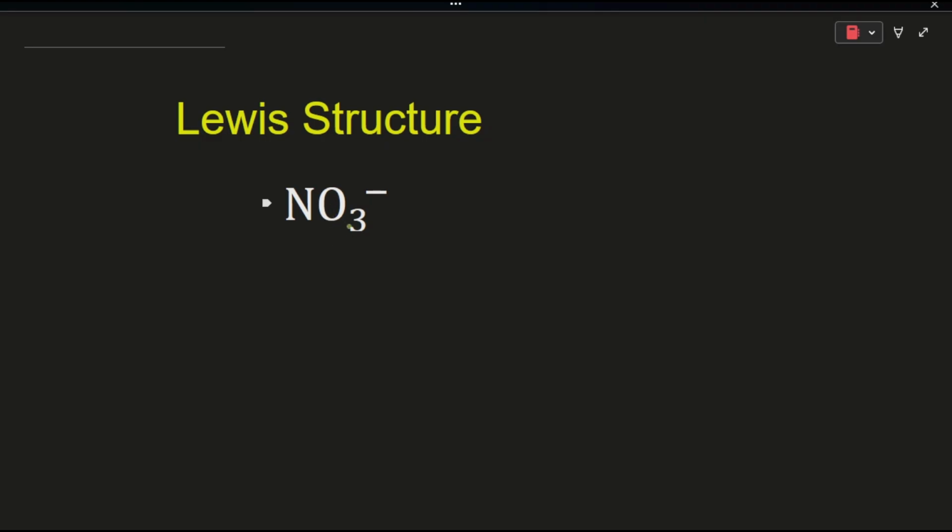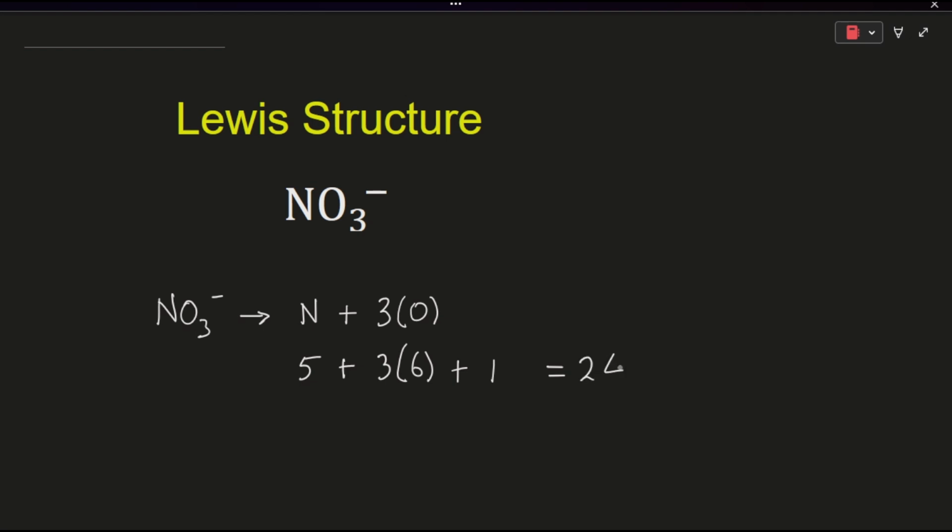But we need to take note of the fact that the nitrate ion carries an extra electron on it. Now, with the nitrate ion, we have 1 atom of nitrogen and 3 atoms of oxygen. So in determining the valence electrons to work with, nitrogen has 5 valence electrons, oxygen has 6 valence electrons, and there are 3 of them. And we should take note of this extra electron that the nitrate ion is carrying. So in total, we're going to have 24 valence electrons of the nitrate ion to work with as we draw